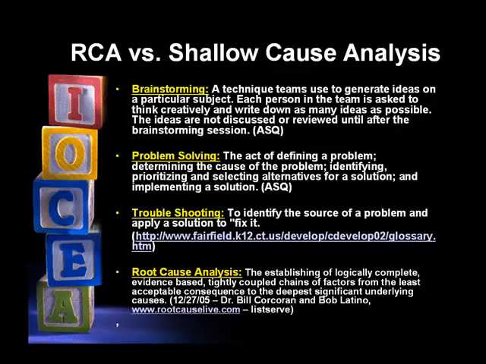Now, problem solving is where we're going to actually use some type of structured tool, whether it's the 5 whys or a fishbone, and then we're going to take this team that's been doing the brainstorming and brainstorm within a structured tool some ideas within categories that we think might have happened. For instance, with the fishbone diagram, we may pick the 4 M's where we're going to look at management, or we're going to look at materials, whatever the case may be. We're going to say underneath that category, we think that this likely happened.